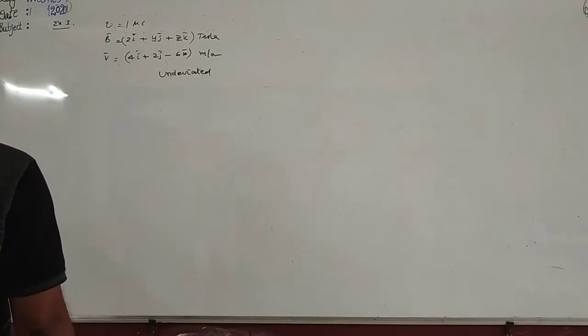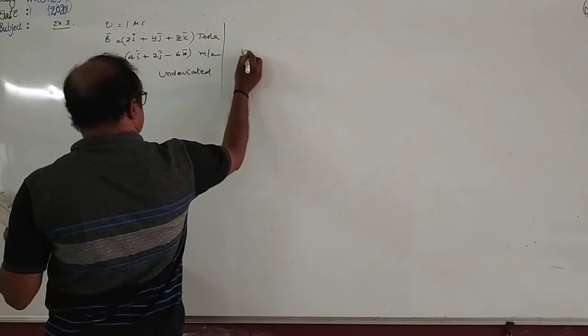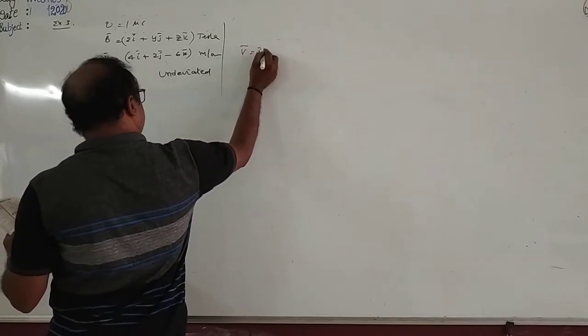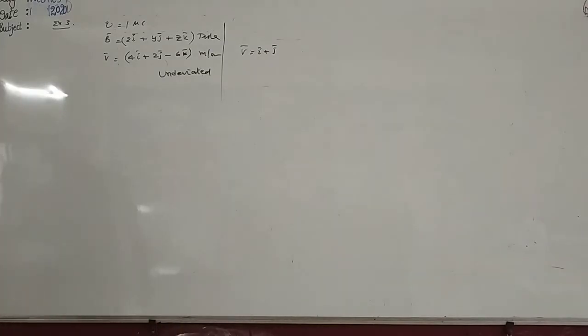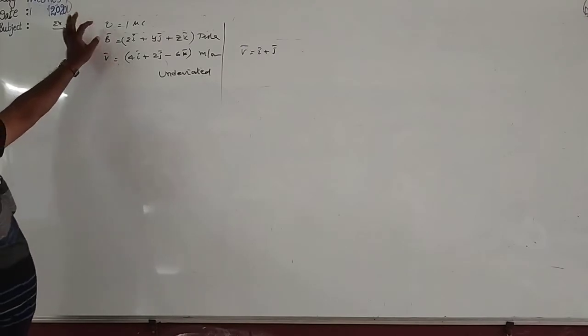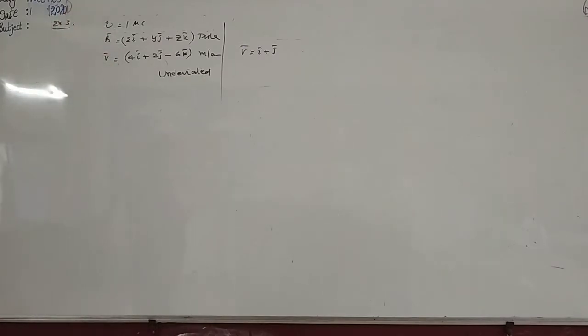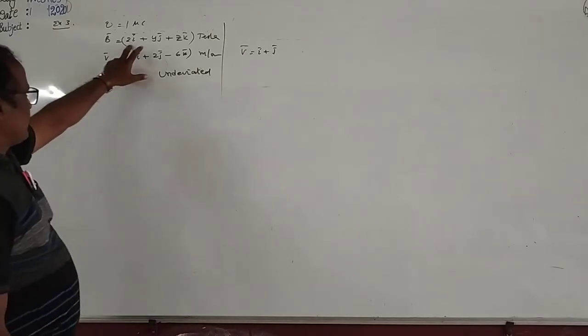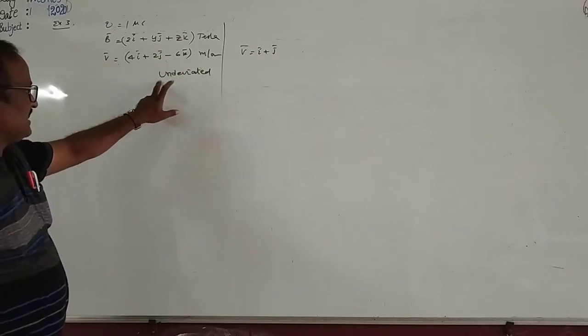In the second case, if it is projected with a velocity of i bar plus j bar, then find the force experienced by it. It's a very important model. The charge of the particle is 1 microcoulomb. It is projected in the magnetic field B bar equal to 2i bar plus 5j bar plus 8k bar Tesla with a velocity, and it is undeviated.